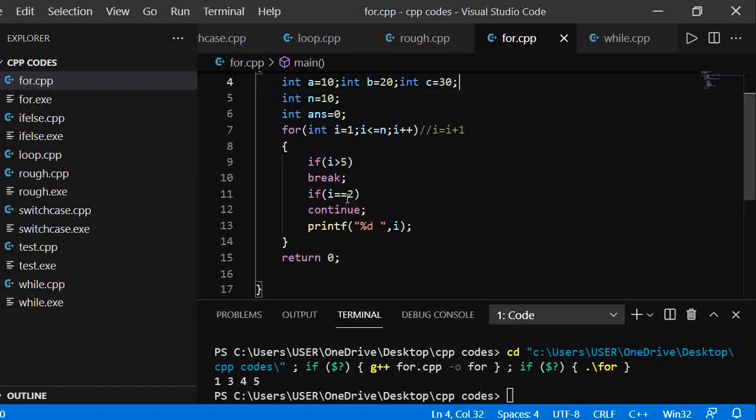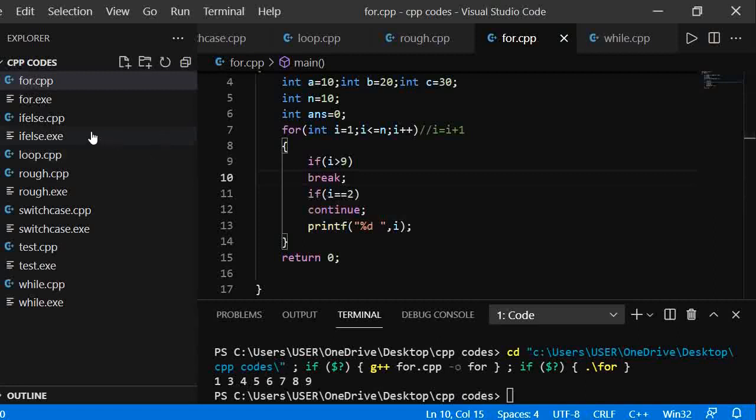So when i was equal to 2, the continue statement was encountered, and i equal to 2 was not printed as the print statement was skipped, and then in the next iteration i equal to 3 was printed. We can play around with these values and see what happens. Like if we change this to 9, then from i equal to 1 to 8 all will be printed except 2, as 2 is not printed because of the continue statement.